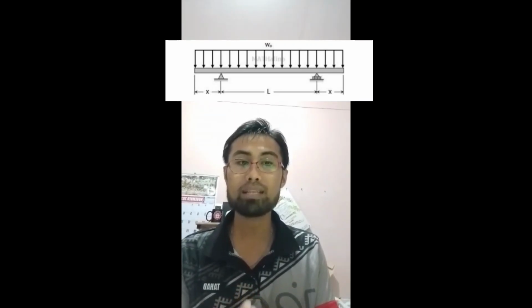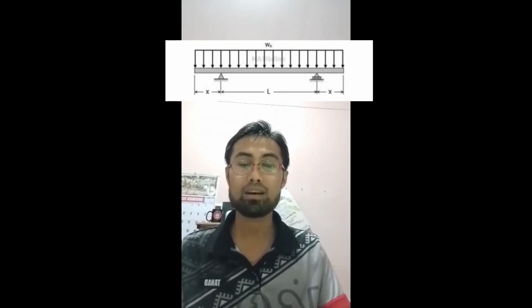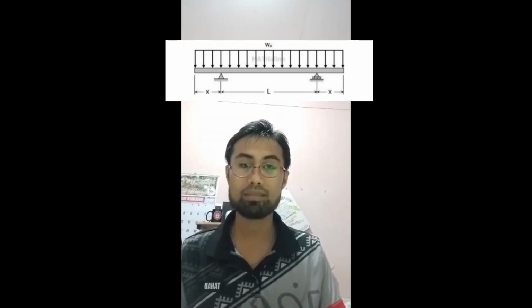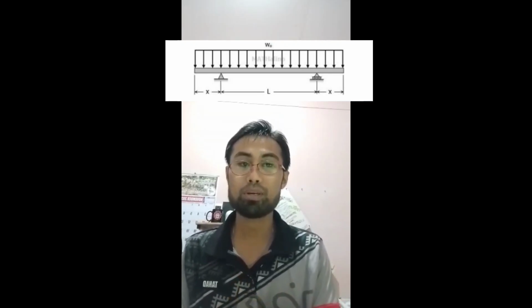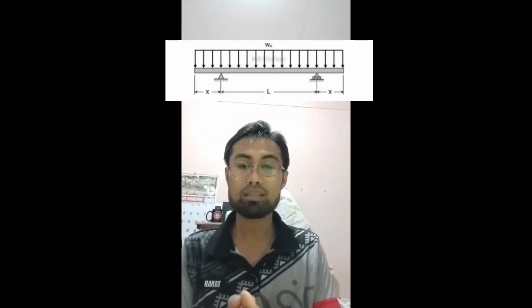To start with, I'm going to talk about the objectives of this study. This study is to analyze a symmetrical overhanging beam subjected to a uniformly distributed load across its entire length. The beam has a clear span L between two supports and equal overhanging length x on both sides. The problem is to determine the support reactions and plot the bending and shear diagrams along the full